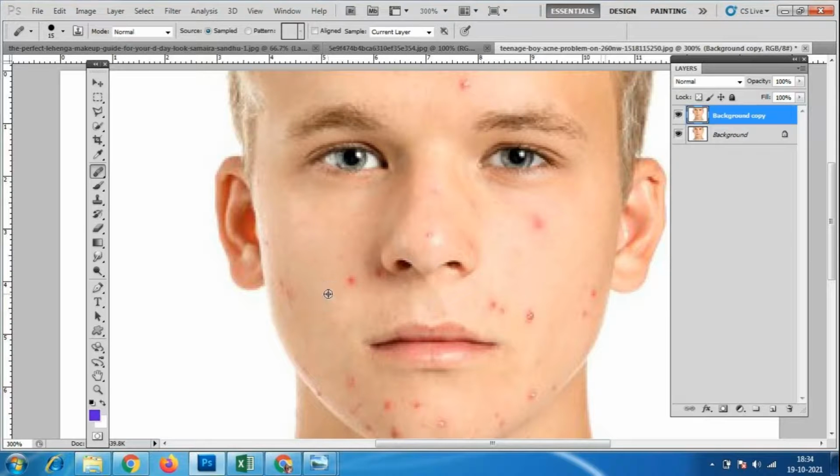See, I'm pressing Alt and left click, which copies the skin from this area, and I'm placing it over here. So you will not get the patchwork over here. Okay, so always you have to press Alt and left click. See, we have dark skin over here and brighter skin over here. So we have to take it with Alt and left click from somewhere near that only. So I'm copying it with Alt and left click, and I'm placing it over here.